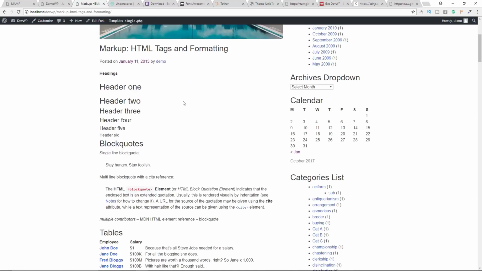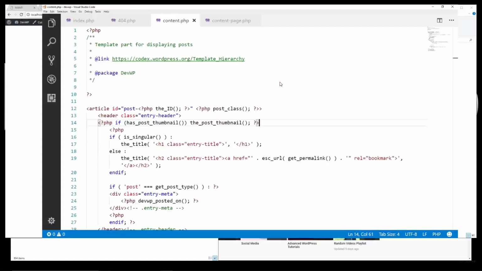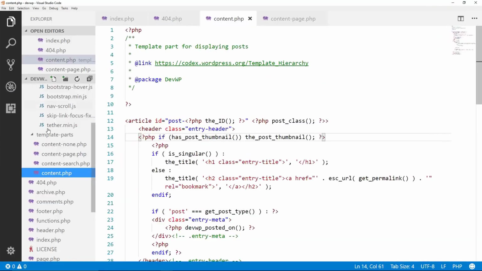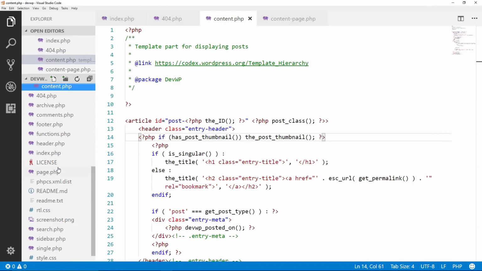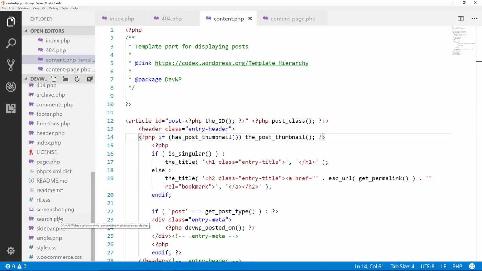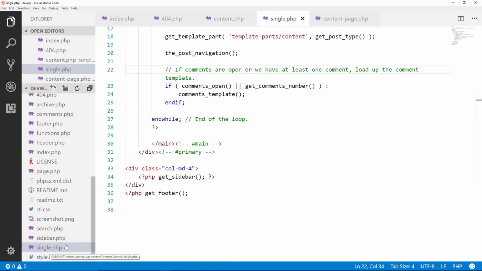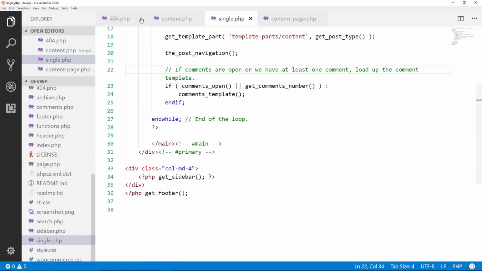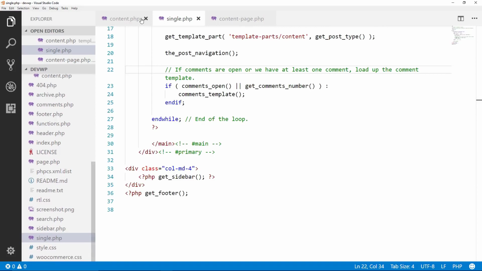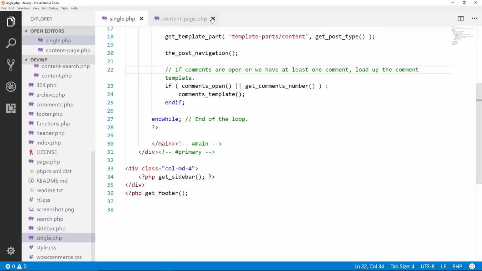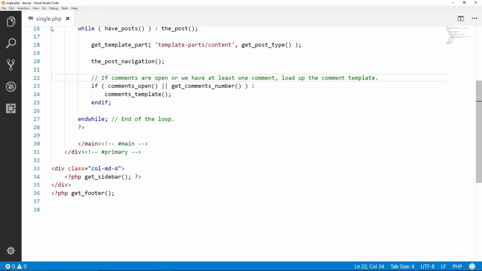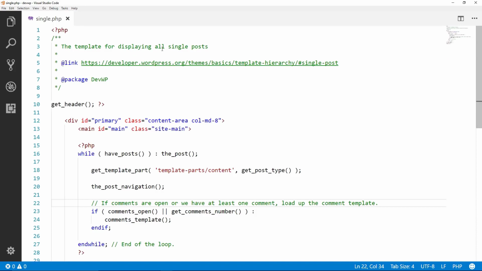But actually, before we do that, let me create a couple more template files, because we can create additional page templates and single post templates. That way we can get some different layout options. So let's open this single.php file up again. Let's close that off, and close the rest. All right, so this is the default for the single post, but we can create a new file